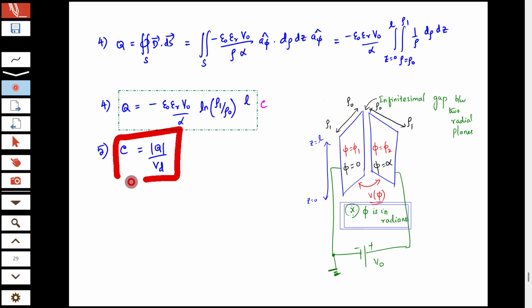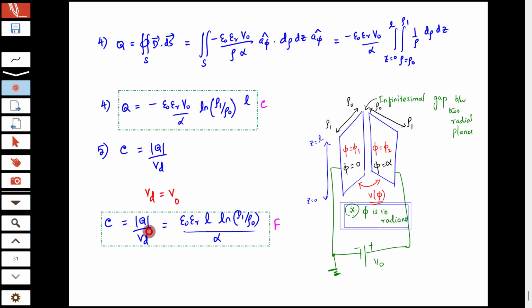By definition, capacitance is defined as the ratio of charge stored in either of the plates to the difference in potential between the two plates. Now, when we consider one is at potential 0, and another is at a positive V naught, the difference in potential will be V naught minus 0, which is V naught. So the denominator is V naught and the numerator is the magnitude of this, which will cancel this V naught, which is going to give the expression for capacitance between the two radial planes in cylindrical system as epsilon naught epsilon